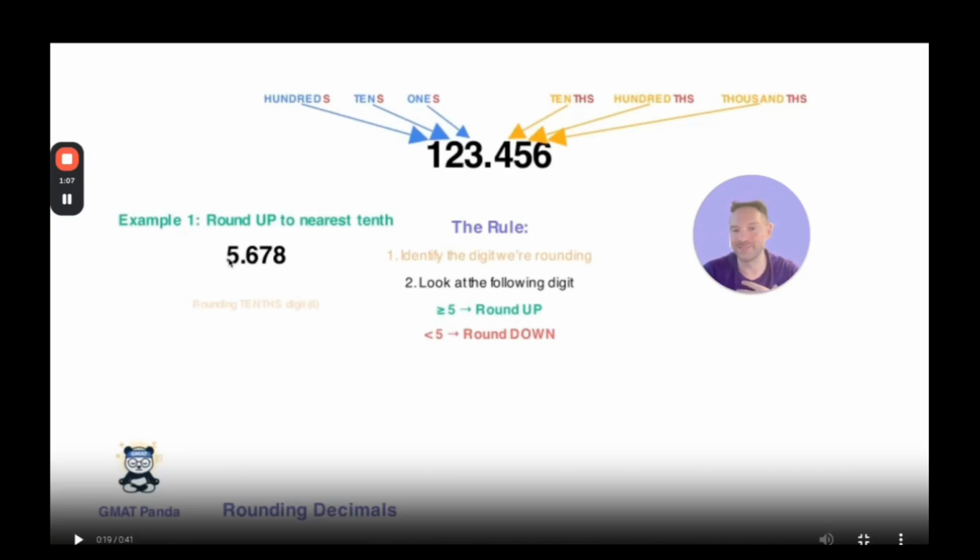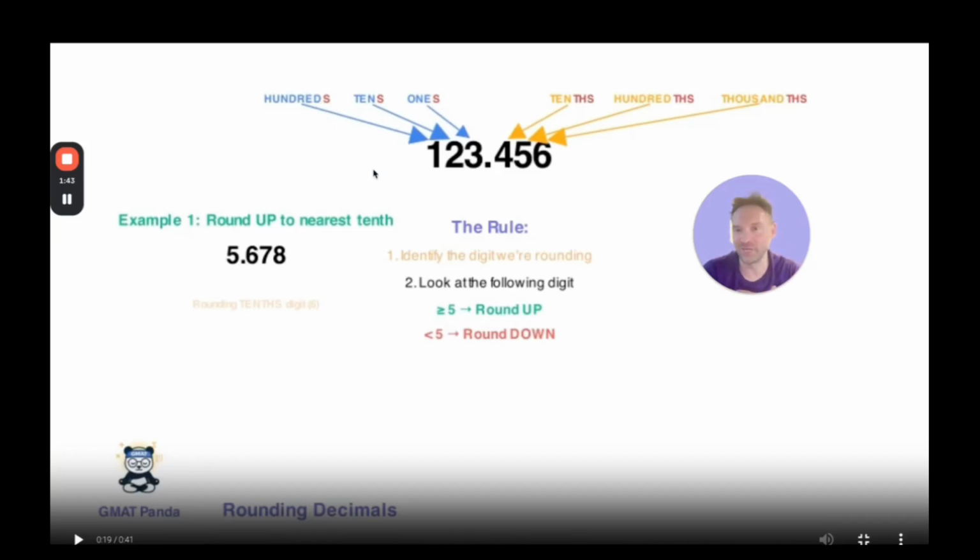So rather than stopping at the 5 or the 6 if we're rounding up, maybe we want to stop at the first digit after the dot or beyond that. It depends a little bit on the exam question or the application that we're doing. So here, what they're asking for is to round to the nearest tenth. We have a separate lesson on the names of the different digits, and I'd encourage you to review that if